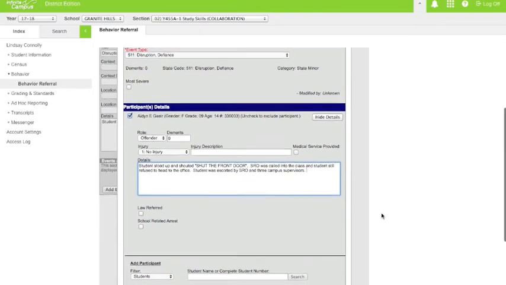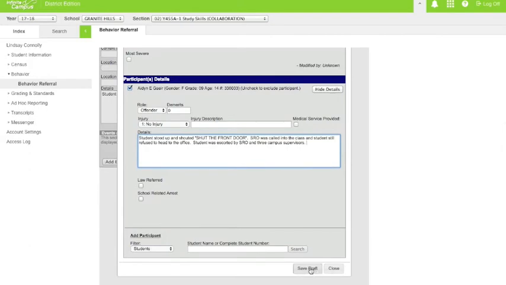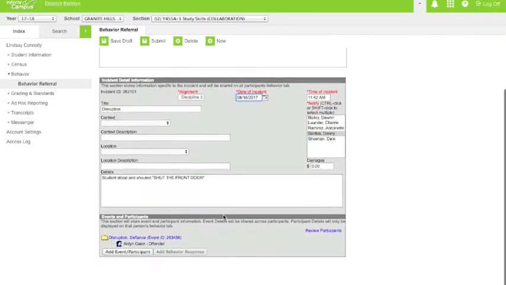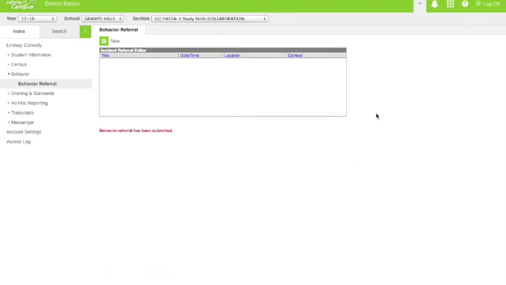So at this point, once all the information is saved, what you want to do is save the draft. Now that does not mean that the draft was submitted until you hit the submit button. So once you're comfortable with everything that was entered, hit the submit button and it'll be routed to the appropriate